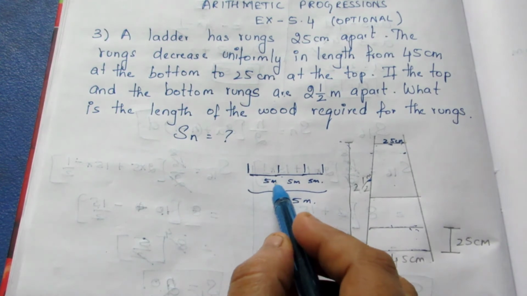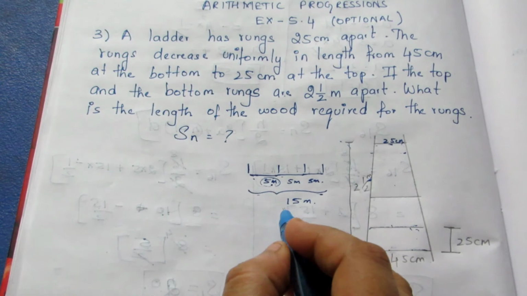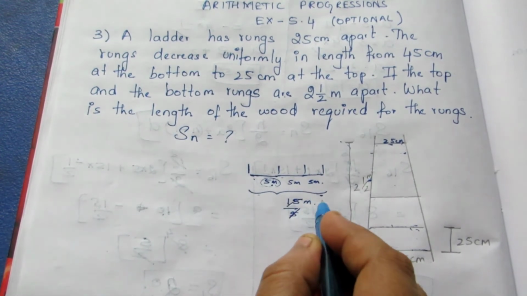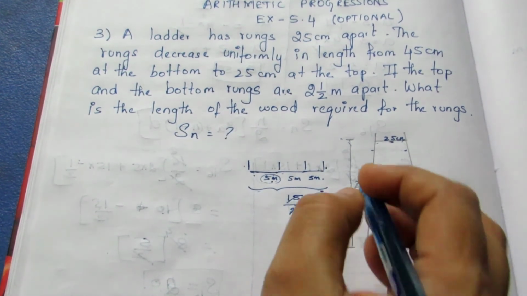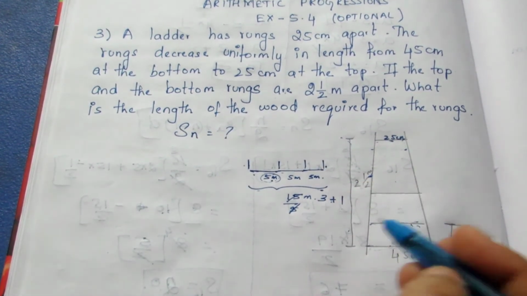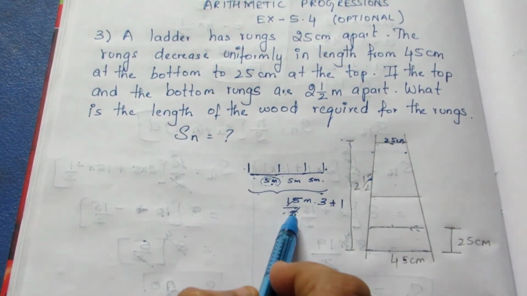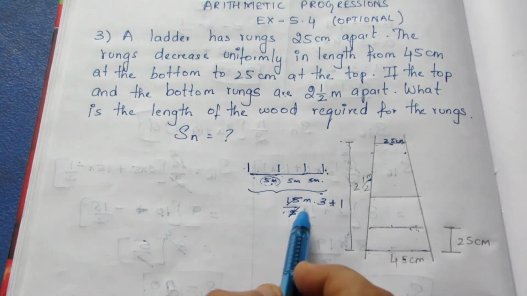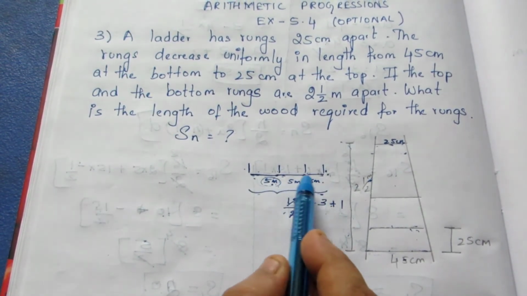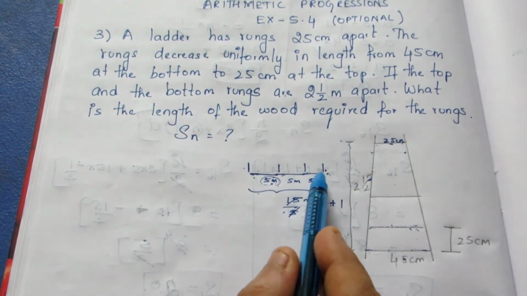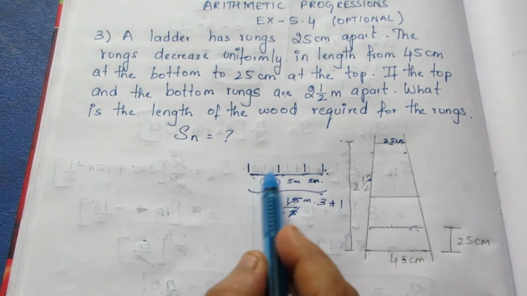If I divide the total with the in between gap, I get number 3. But here there are 4 students sitting, so we need to add 1. The same way we are going to do here. We can't just divide to find how many students are here, we need to add 1, because it is the in between gap we are selecting. The in between gap will be 1 less than the number of students. See, there are only 3 gaps, but there are 4 students.